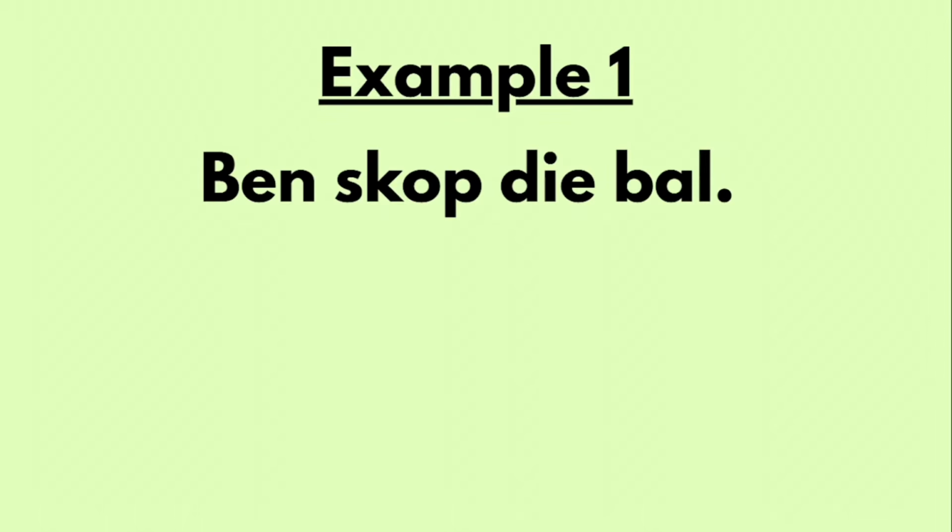Okay, so what are the two things to remember for sentences in the past tense is that they must have het and they must have ge. Now, before you can get there, you need to identify the main verb because the main verb has to be attached to ge. Okay, so how do you find the main verb? It will always be in the second position. So Ben is the subject, first position, then you have your main verb there. So skop is going to be our main verb, and then we have to put het over here, and skop will go all the way to the end with his little friend ge. Okay.